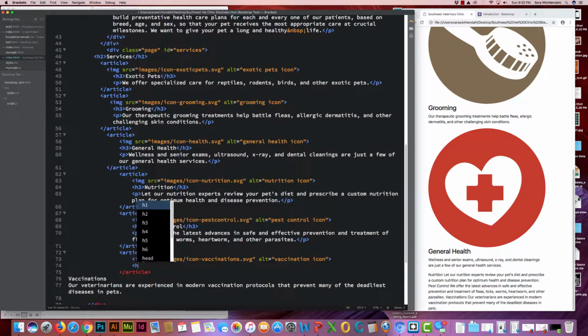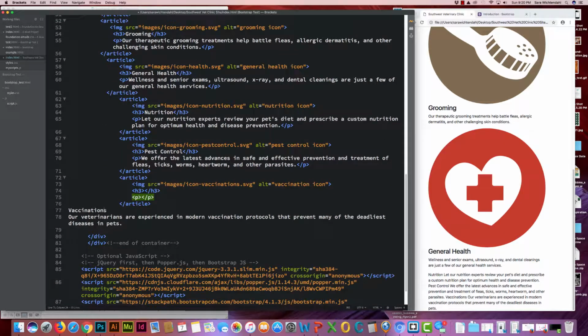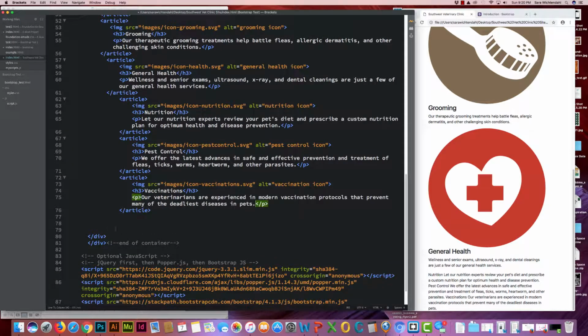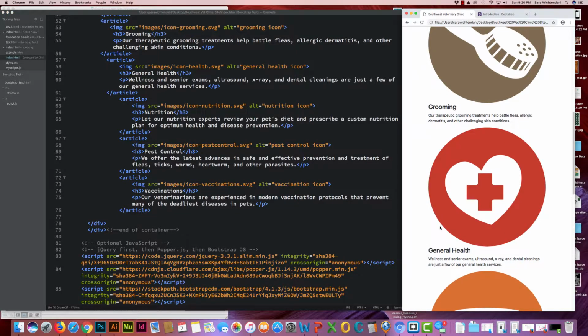Create my H3 tag and my paragraph tag, and cut, paste that there, and go ahead and remove some of that extra space, save that, and you can see there's